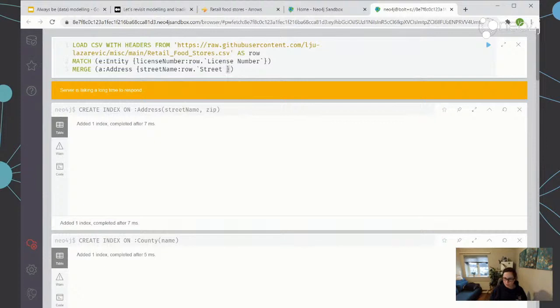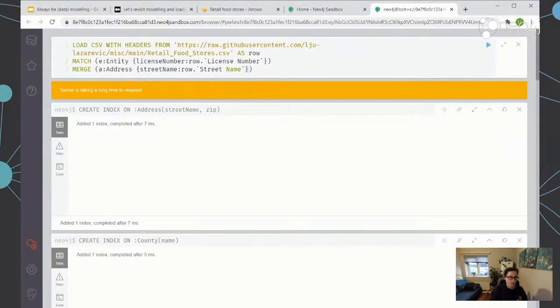And for those of you who are wondering, why am I using these backticks? If you are pulling data from a CSV or anything like that, where you've got spaces or weird characters, if you wrap it in backticks, you're basically letting the engine know that it's weird stuff and it's got spaces. Otherwise it will complain that it can't find that row header. Because we're wrapping in backticks, it knows there are weird things going on. So that's why we've got the backticks in there. So street name,